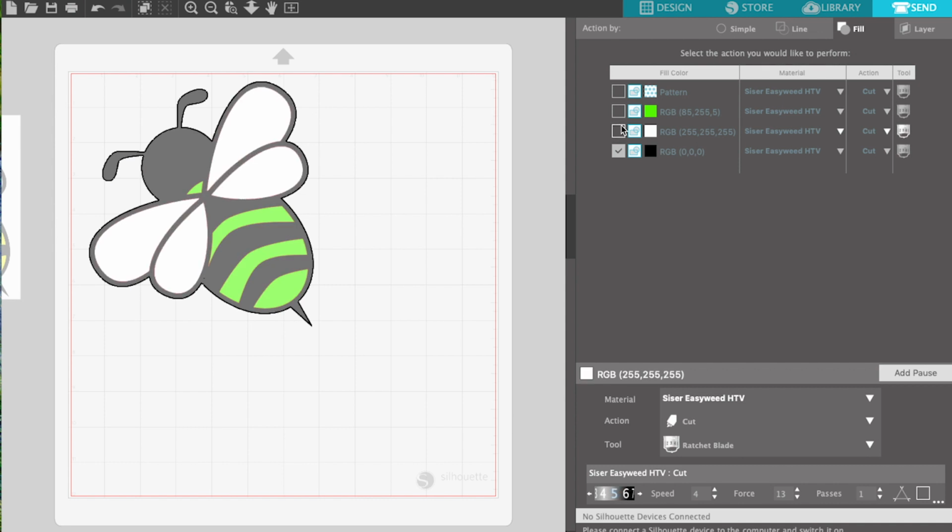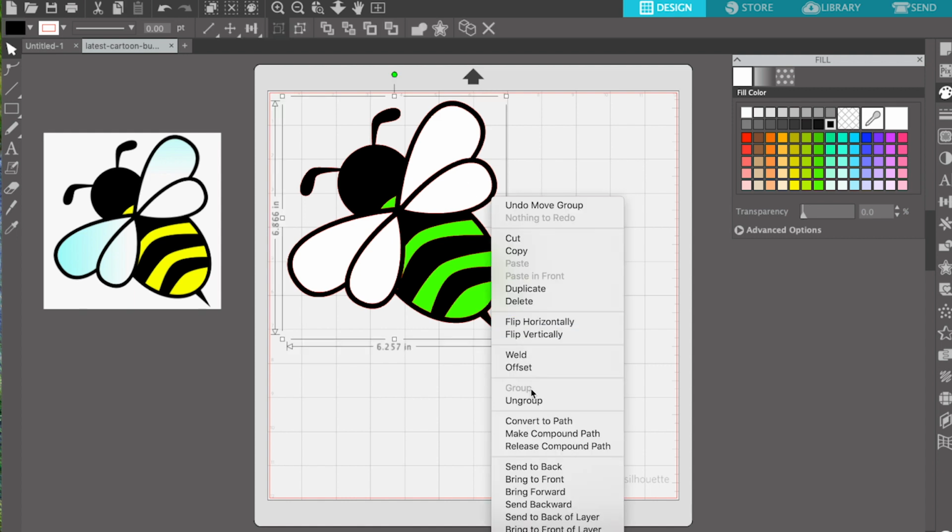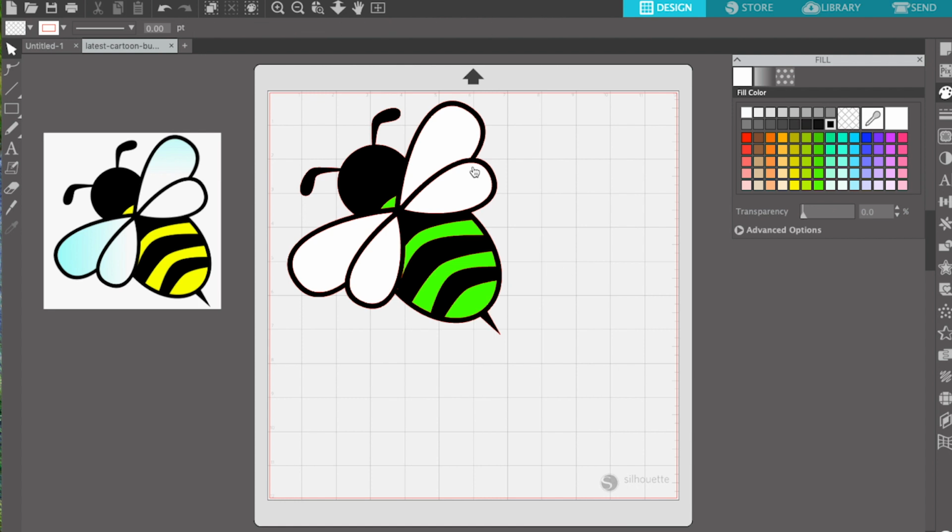That's because of the way I grouped it together. There is a way that you can cut out the individual shapes so it won't cut these. Let me show you what I'm talking about. If I go back in design, and I hope I'm able to do this, guys. So I'm going to select this and I'm going to ungroup it. All right, so now I got everything separate. So I click right here, right, on this part, and